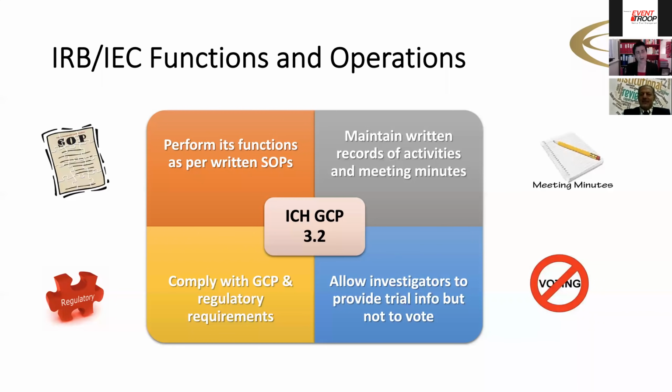Then as an IRB, what we can do is we can invite a pediatrician who's an oncologist to attend our meeting and provide us any clarifications we need, provide us the expert advice. They can do that. But this expert cannot vote or provide an opinion. We will do that as an IRB because we've got all the information we need now. If that happens, all of this is actually documented in the meeting minutes. So it's very important.